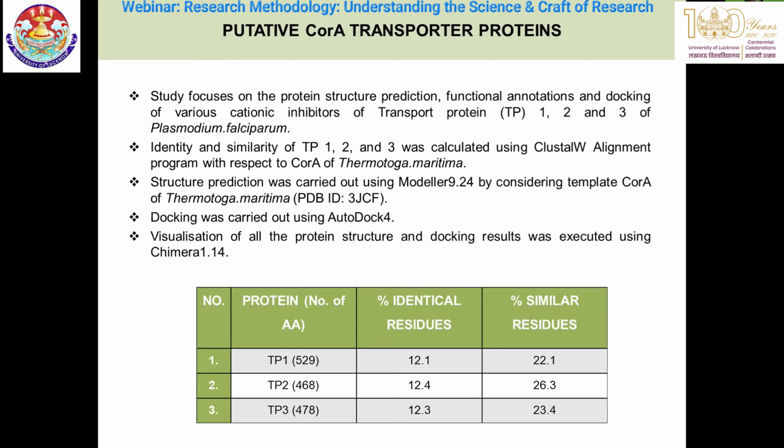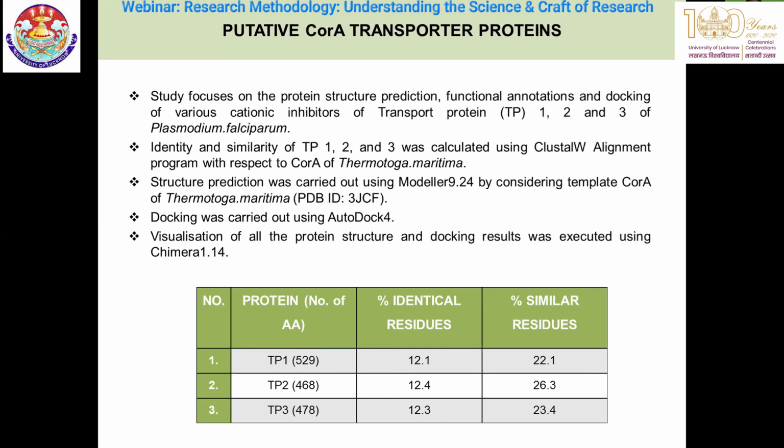We got this from Clustal W alignment, and the template we have taken is CorA of Thermotoga maritima. By comparing these sequences, TP1 with TM, TP2 with TM, and TP3 with TM, we have got these identical and similar residues. And for modelling, I have used Modeller 9.24.